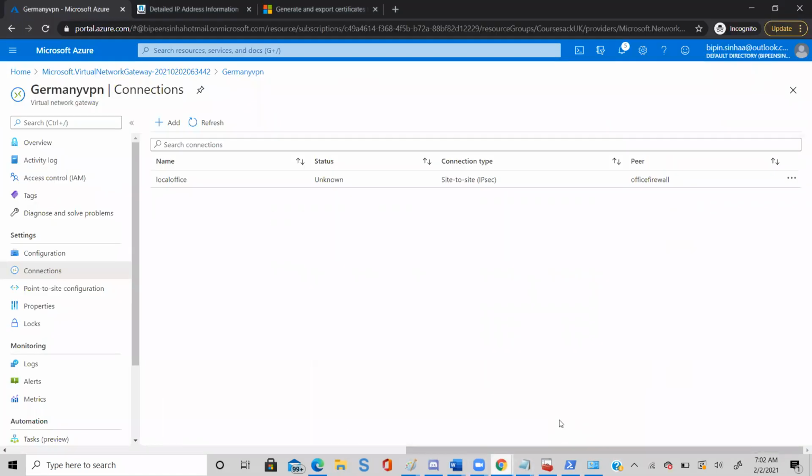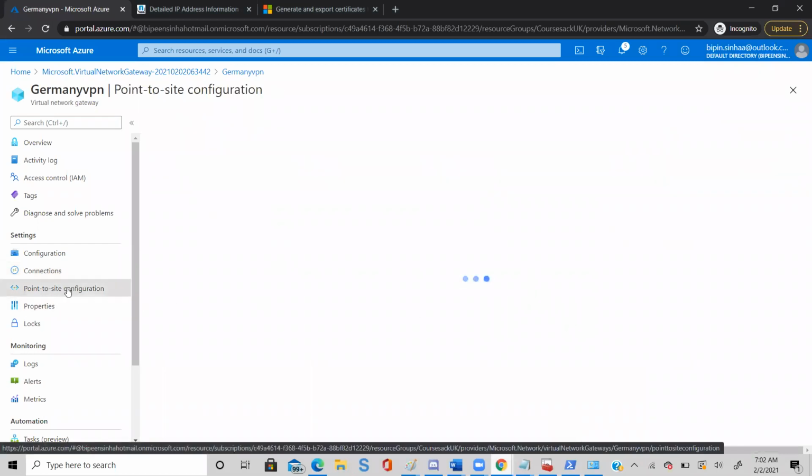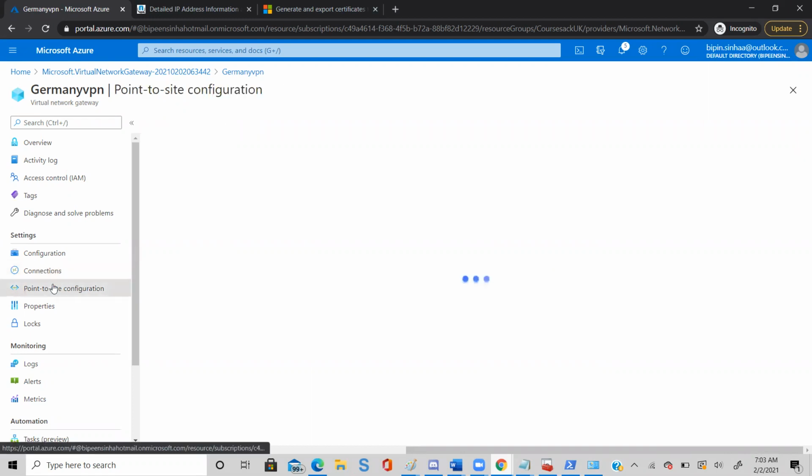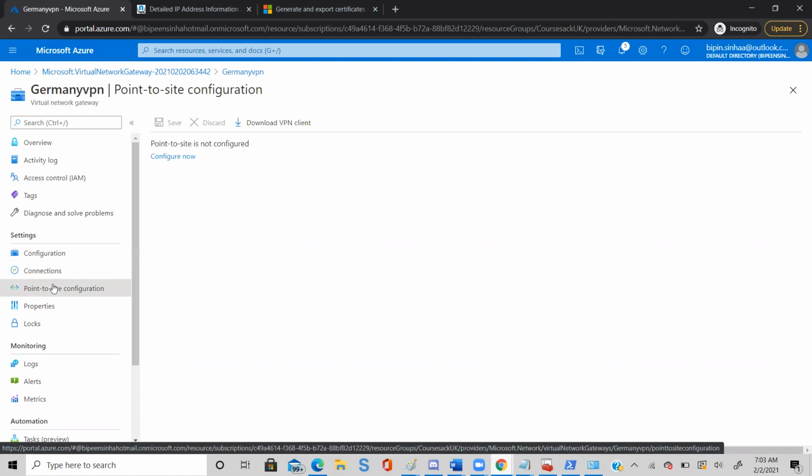Coming here, now you see that the second one is called point to site configuration. The first one, connections, is what we configured, site to site. But actually we will work on point to site. So just click point to site. Click configure now.